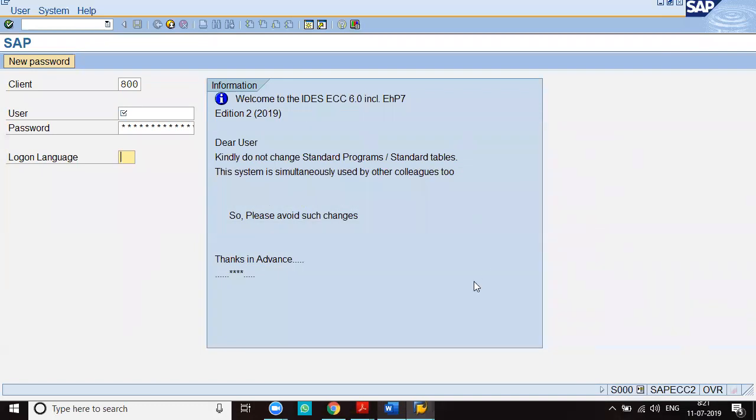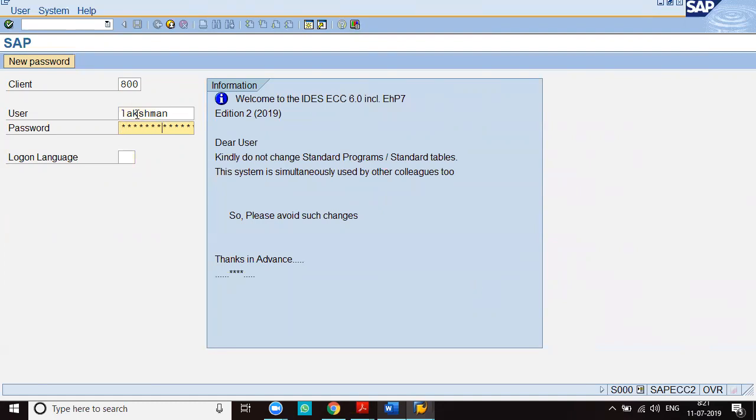So these are called login credentials, right? For every class, I have to log on to the SAP server. Without logging into the server, there is no class. Every day, you have to log in compulsorily for every class. So client is 800. In this particular server, my user is Lakshman. Then password, I am entering my password.